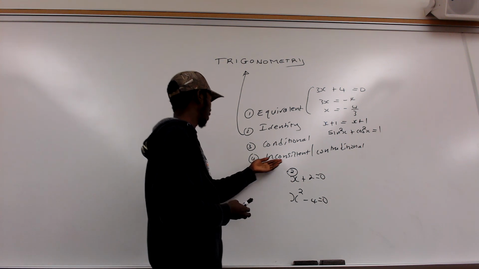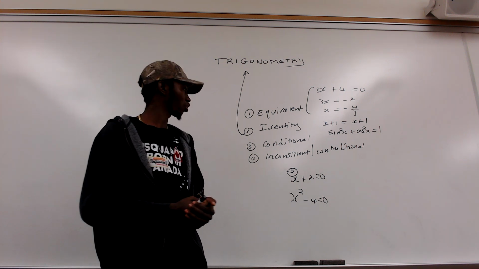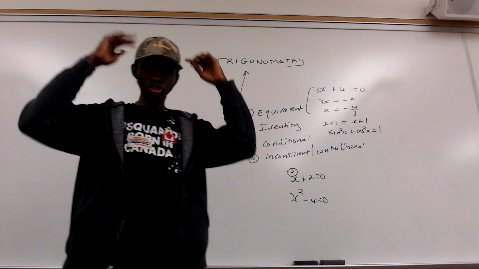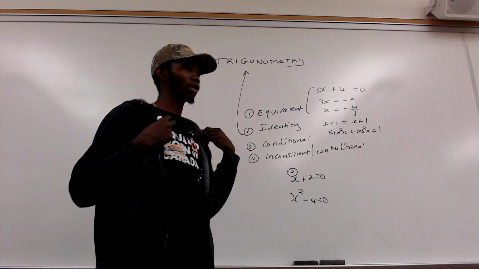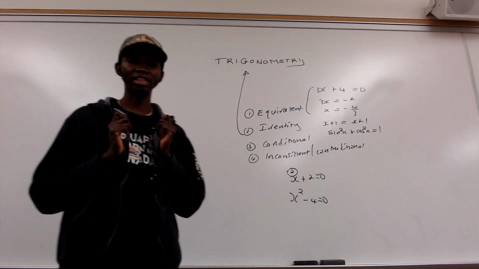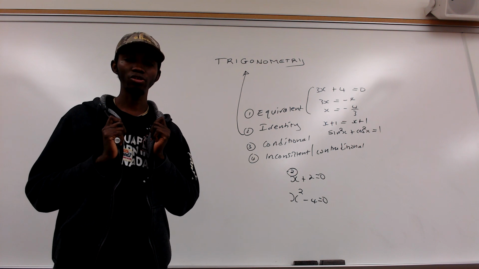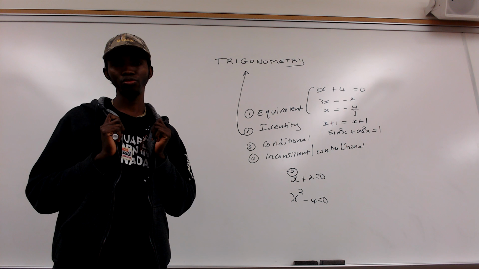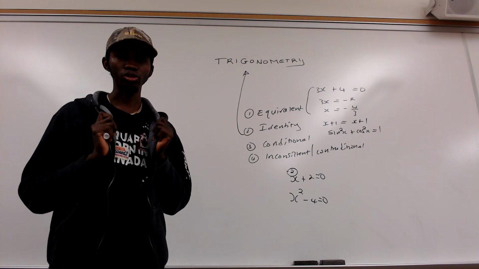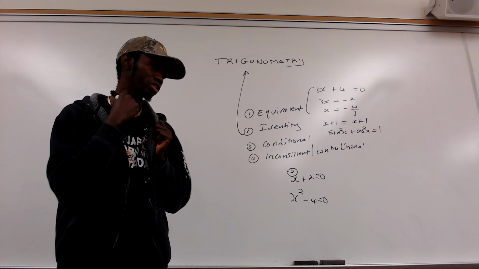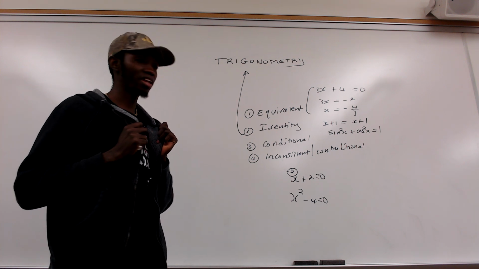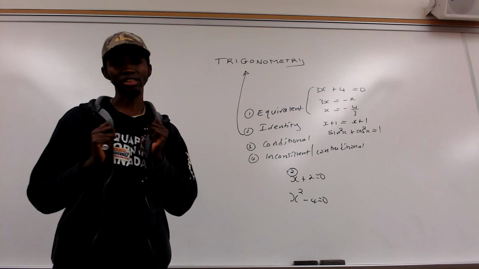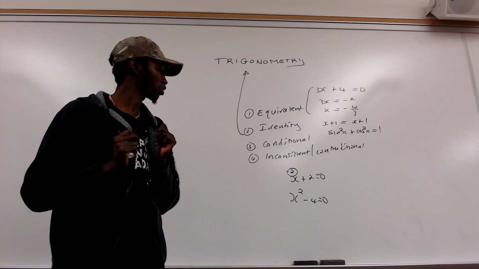The last type of equation is the contradictional, which you can also refer to as inconsistent. Contradictional equations are equations that cannot be satisfied by any real value of the variable in the domain. When you solve it, let's say you get x equal to 4, 5, 6 or 7, and you substitute that value into the equation, you find that the statement is untrue. The statement will not be satisfied. Such equations, we refer to as